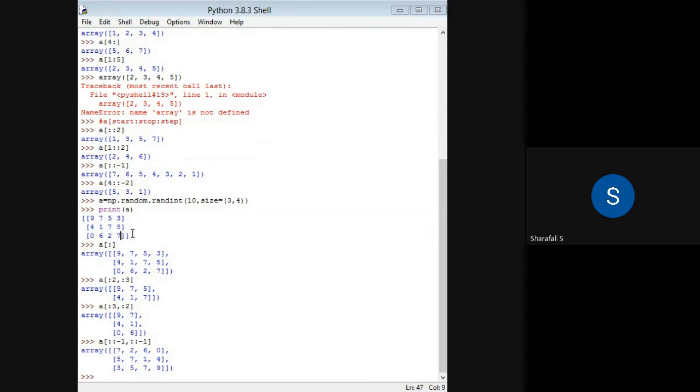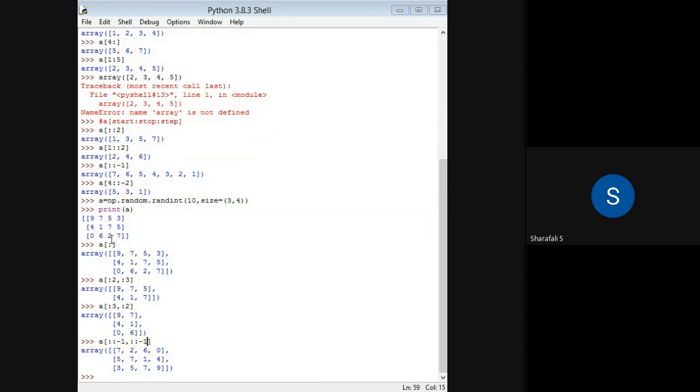So what will it be doing? It will reverse all the elements in these rows. So first you will be getting 3, then 9, and then 5, then 7, then 9. Then here it will be 5, then 7, then 1, then 4. So all those rows will be reversed because of this. And then after that you are reversing the column.